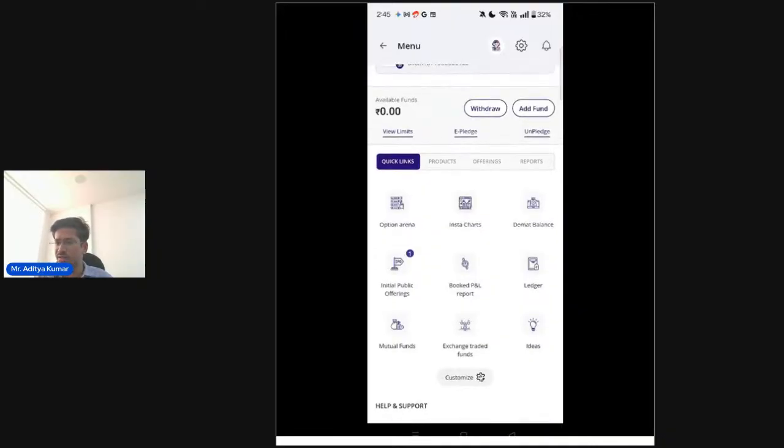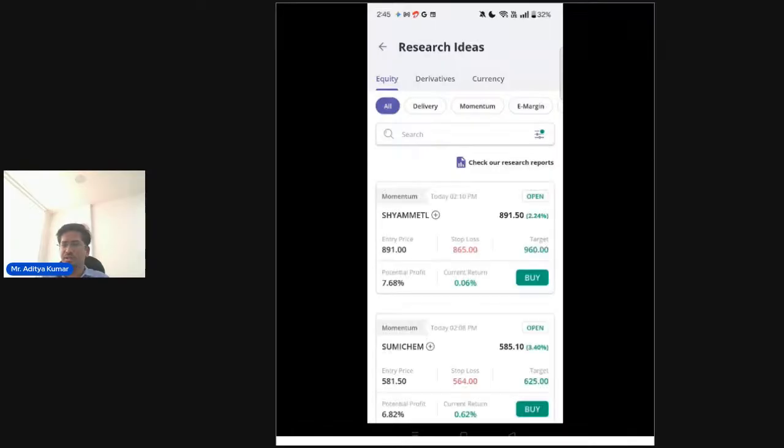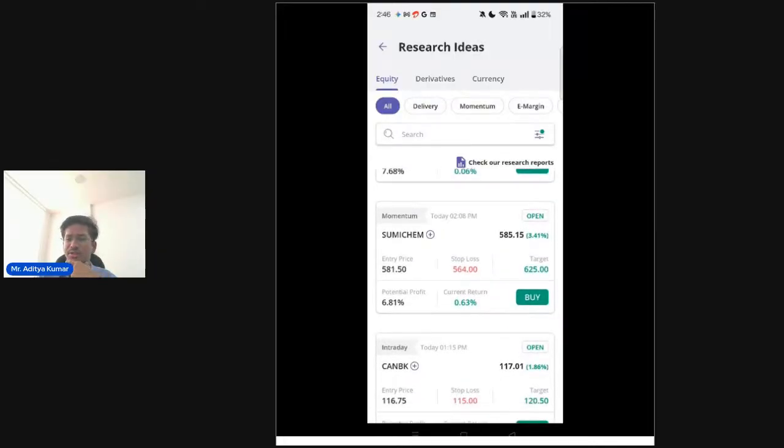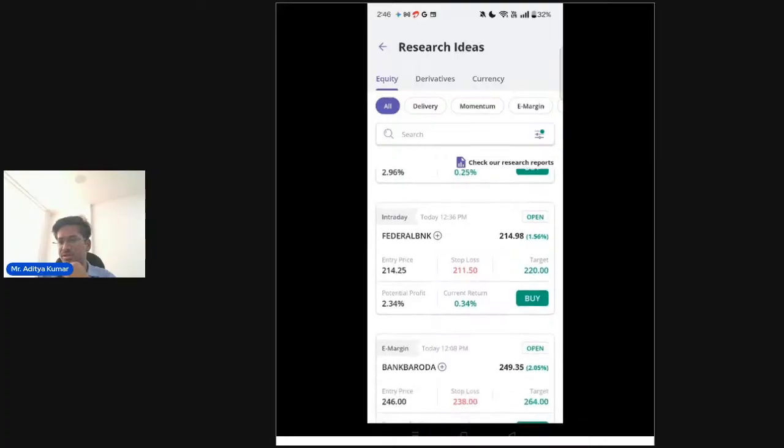So you can see that in the quick links, there is an Idea section. You might be curious about what this Idea section means, because there is nothing written like a product, such as MF or IPO or anything else. Once you click on this Idea section, our research team shares recommendations like pick of the week, a top stock to consider, or rock stars of quarter results, which is basically companies with strong earnings. So it's expert guidance given by our research team at your fingertips that you can explore in this research